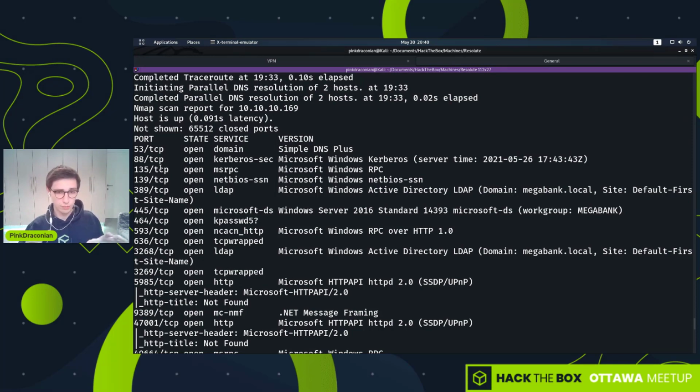So that is what Kerberos is. We then have at 135, we have RPC here, MSRPC. RPC standing for Remote Procedure Call. And this is something that Windows uses for computers to communicate with each other without having to know how the network is set up. So this is only really for computers, and it actually doesn't use port 135,